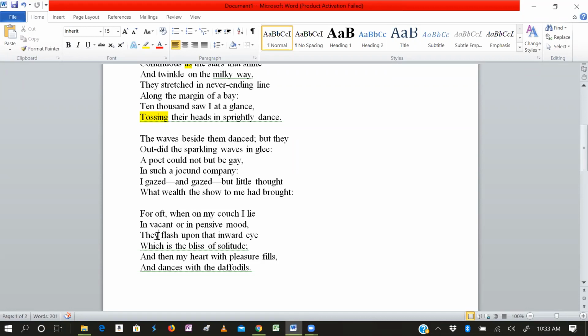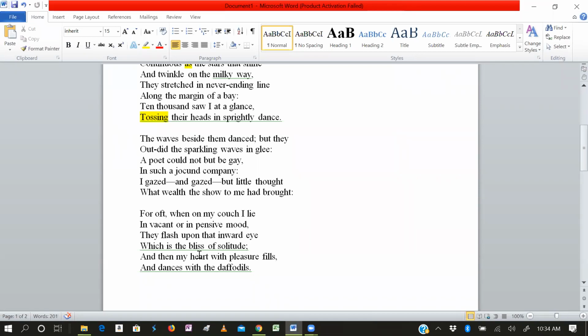Start thinking about when you're in the thinking process, that something comes into your mind, which is the bliss of solitude. Which is the joy of peace, solitude, loneliness. We could say that when you're alone, it becomes a sigh of joyness for the people who are starting thinking that they reminded, they flash upon the scene of the daffodils.